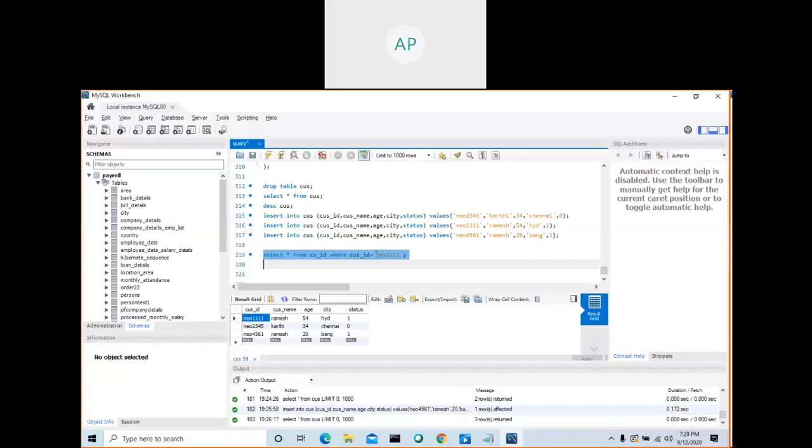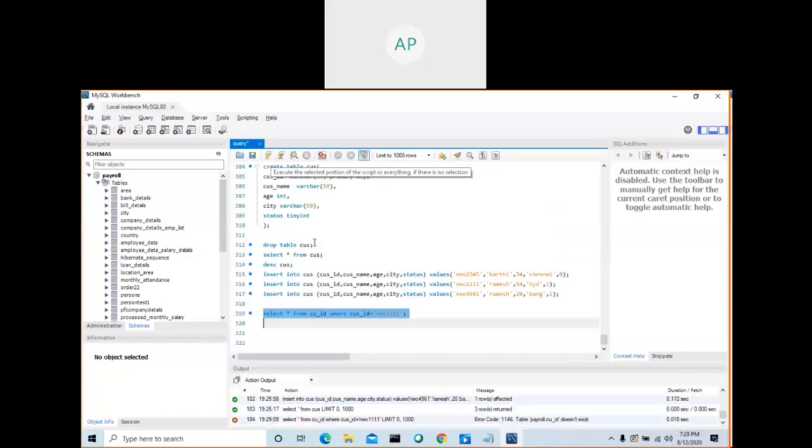It will retrieve only one record. What is the problem here? Table cus ID does not exist. This one is not cus ID; it is the table name, cus. You see the error: there is no table called cus ID, only the column is available. So now this will work.